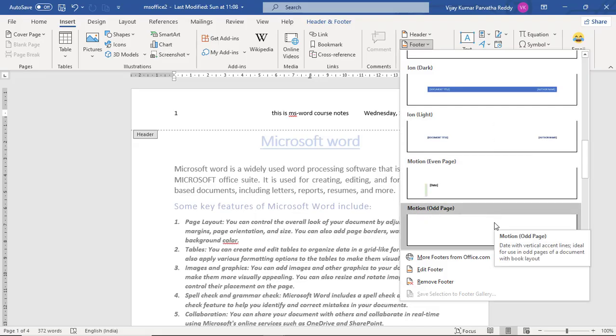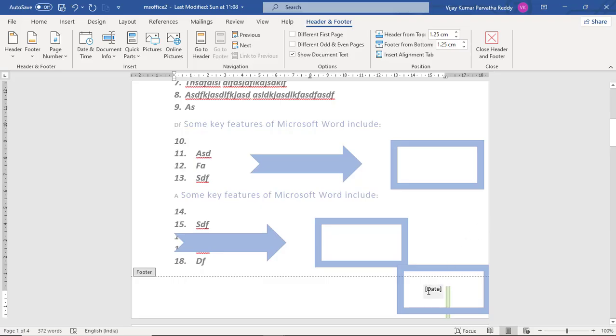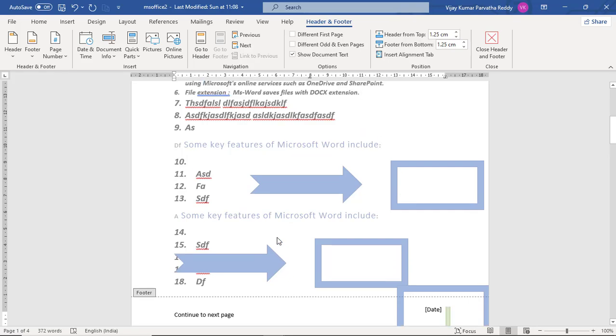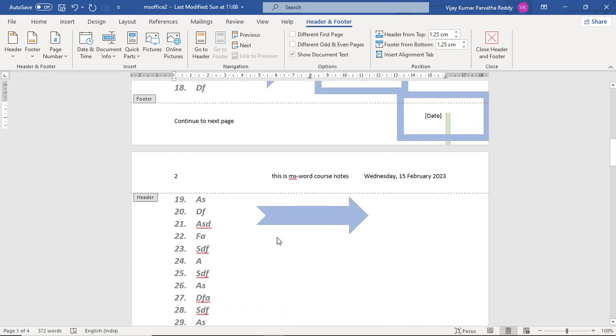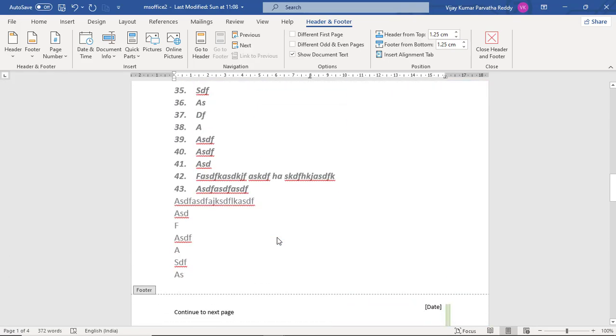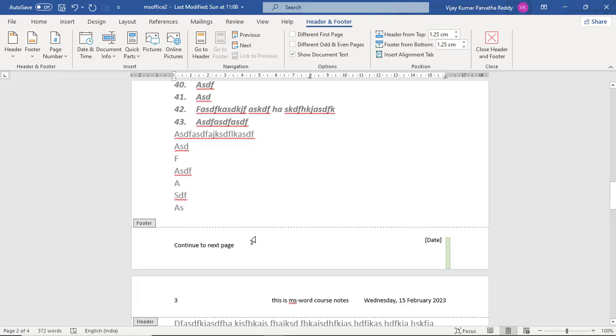For example, suppose I am giving some other information, suppose continue to next page, or some other text you can type. So, that will be in the footer section of the document on each and every page. See, each and every page will continue the same.